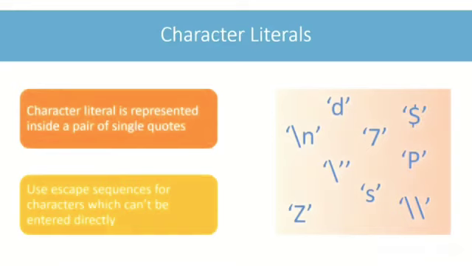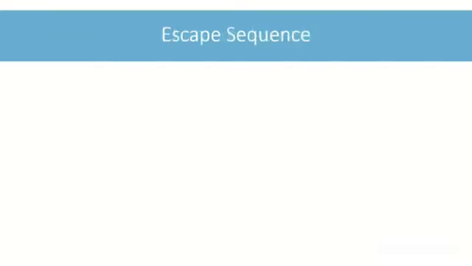Character literals are written by enclosing the character you want to represent within a pair of single quotes. Here you can see some examples of character literals. Most of the characters you can directly enter inside the single quotes. But there are a few cases where entering a character directly is not possible. For example, what if you want to specify the single quote character itself as a character literal? Newline is also a very common example which you can't enter directly inside the single quotes. For such scenarios, we use escape sequences.